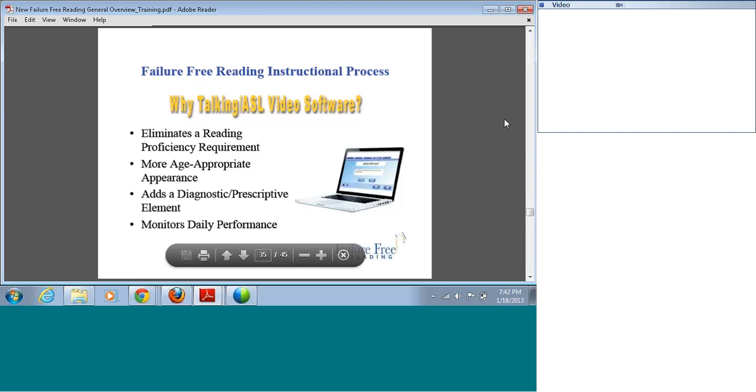But talking software is going to eliminate a reading proficiency requirement. Through the use of talking software, and having the computer provide a little bit of that dialogue and explanation to the student, we can introduce material to students that's higher than what their current reading level is. We don't have to settle for a 0.0 grade level, or we don't have to take a fourth grade student reading at a first grade level and only introduce them to more first grade material. We can introduce that student to second and third grade material using that talking software, using that audio support that